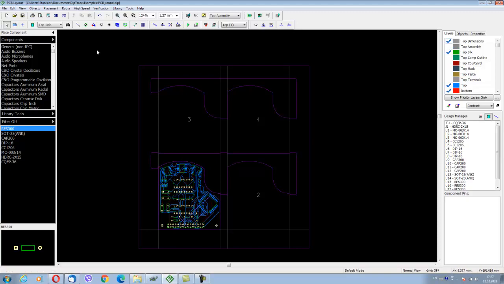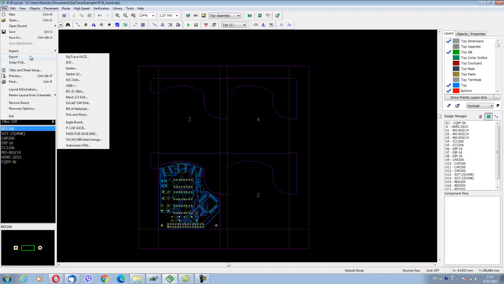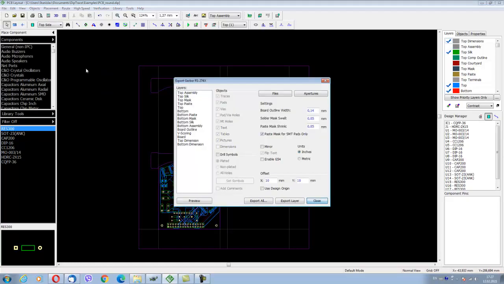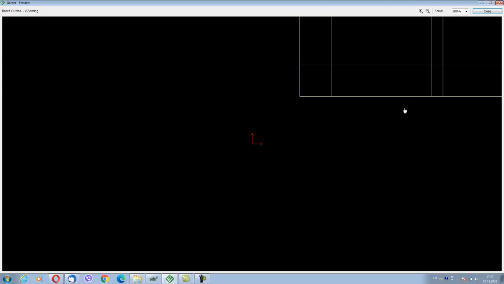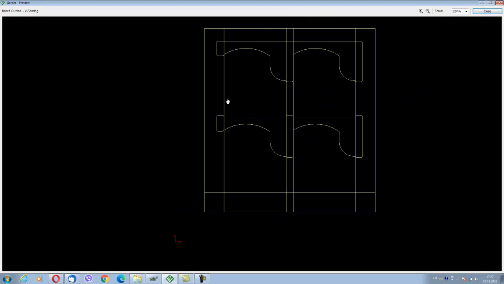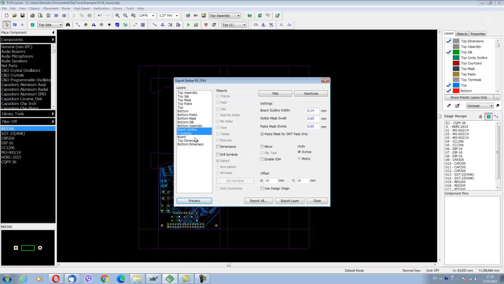So let's try with Gerber. What is happening? File, export Gerber. So you can see there is a separate V-score layer. Let's preview it with the board outline. Preview together. So now we have the V-score here and also board cutouts and board outline here. Of course, we will export them in separate files and provide them to the manufacturer as separate files,